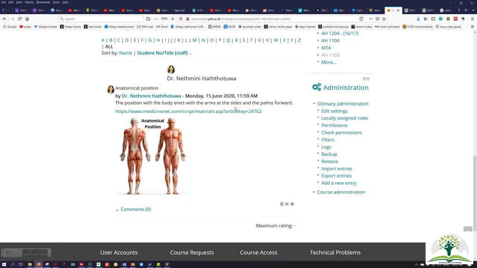Apart from that, I have set up a scale bar. It's not appearing here, maybe because I entered it. If it is entered by another student, you will see a scale ranging from 1 to 10 or 1 to 100, where you can score that student for the clarity of the definition and the clarity of the image describing the definition. At the end of this activity, I'll get the average or highest mark taken by each and every student.